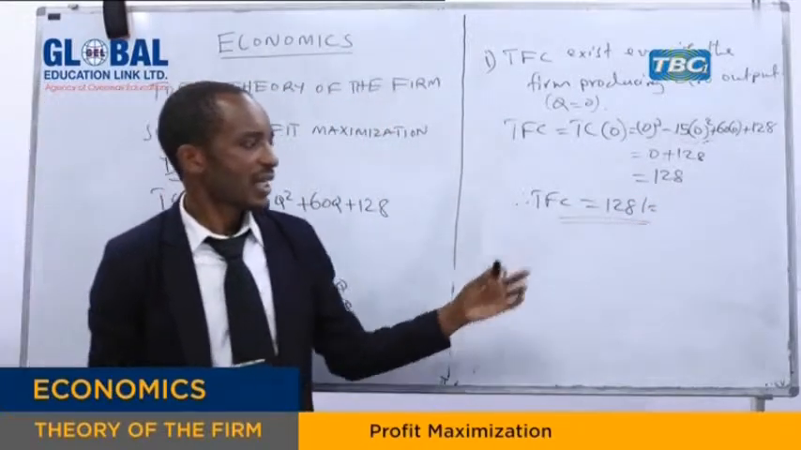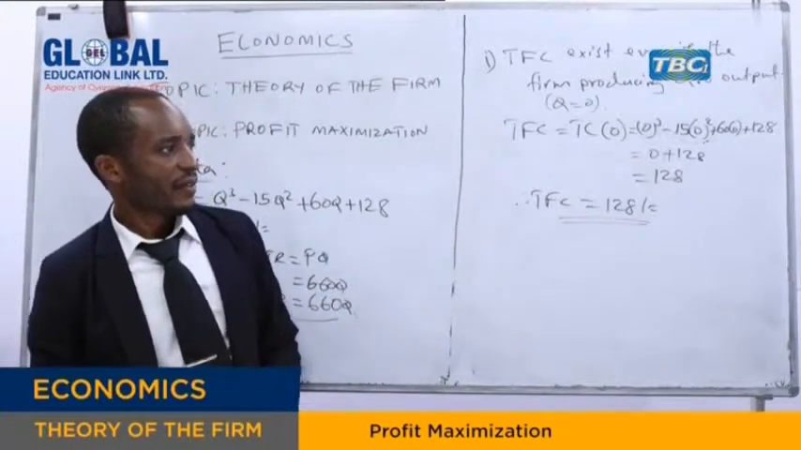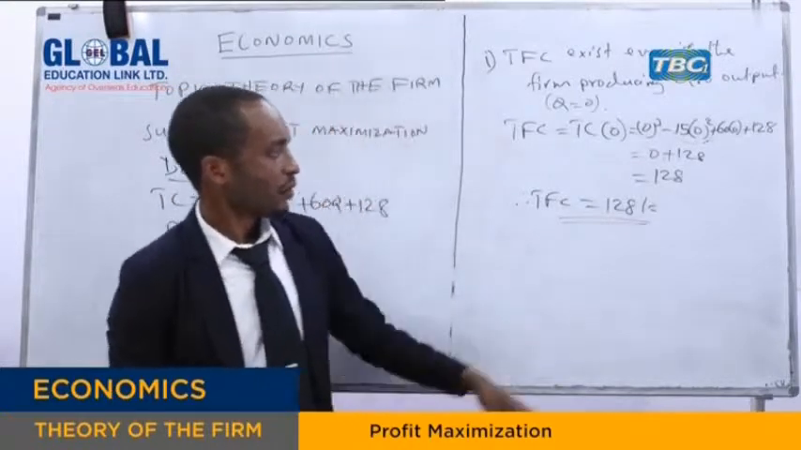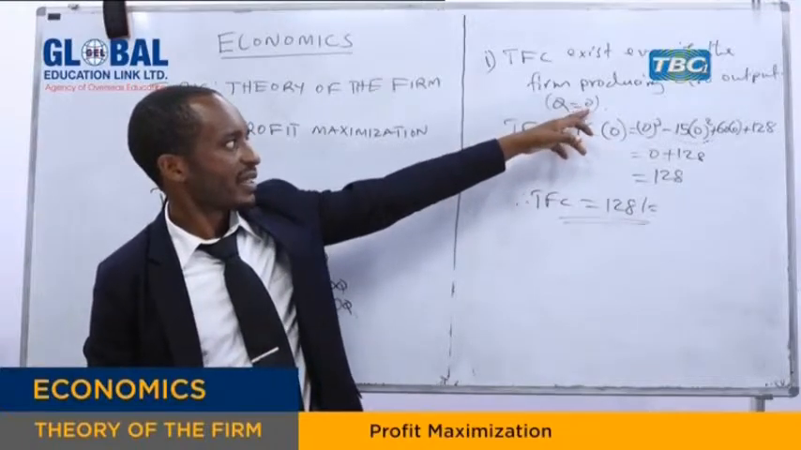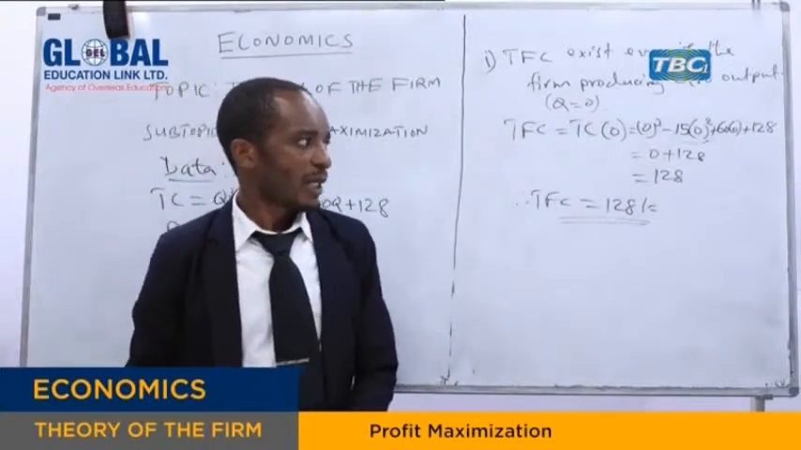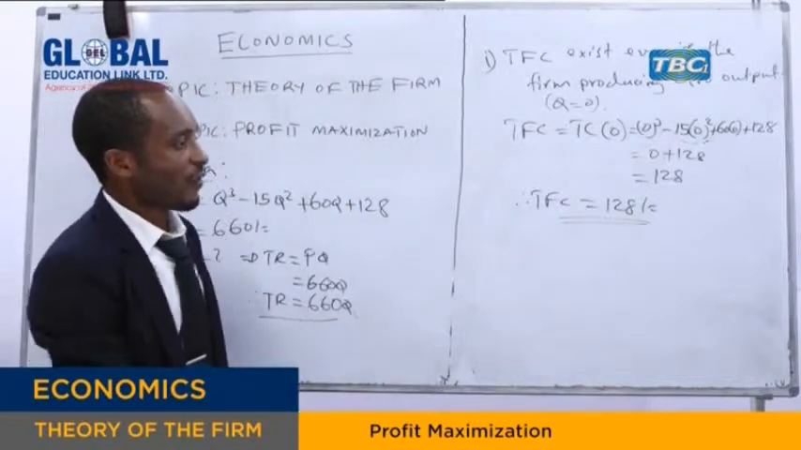So for case 1, the fixed cost will be 128, since it exists even if output is equal to 0. Now for case 2,